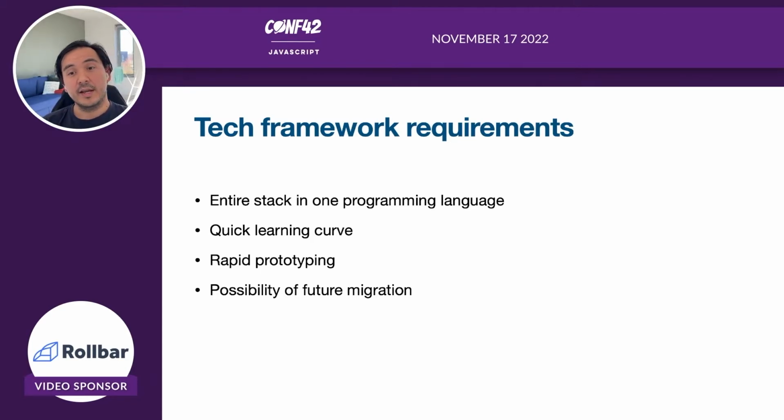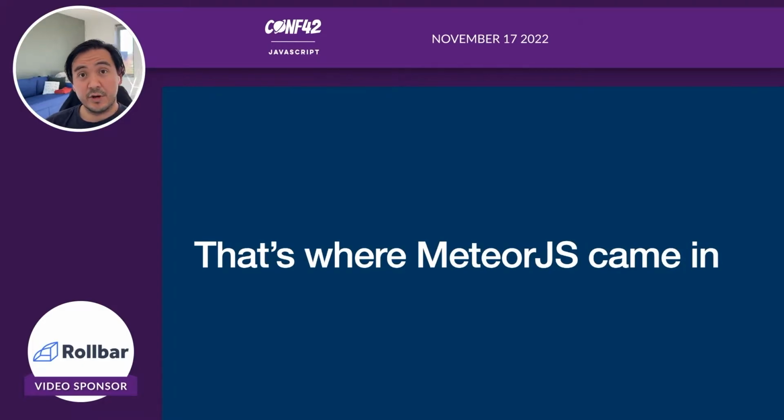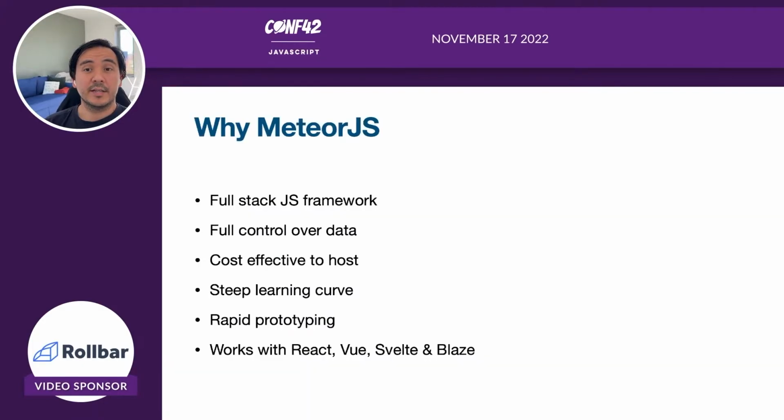prototype that works, and of course the possibility of future development. I would say, for instance, it's not just a prototype that you trash away, so you need to kind of develop it, and once the market niche is needed, there should be a possibility to build a nice, good product on top of it. So that's where MeteorJS came in. That's the full stack JS framework that